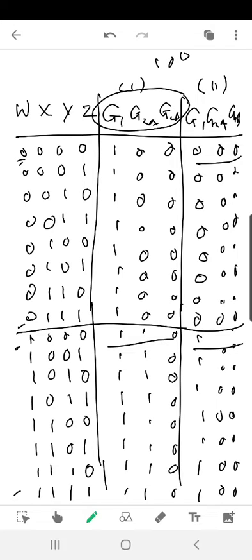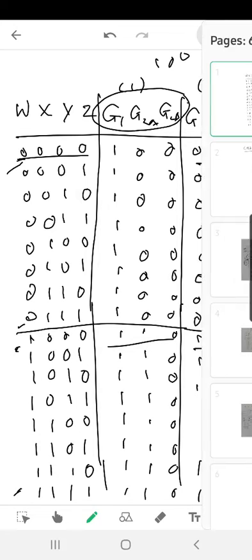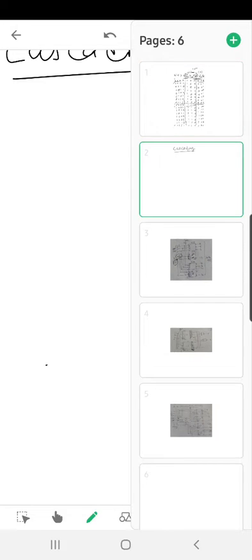If it is clear, now let's talk about outputs. This 0000 represents 0. That means we will get output. To draw the output, I need to clear this part of the table, and we have already understood it. Let me repeat it again: when the value of WXYZ is from 0000 to 0111, only decoder 1 will work, and when the inputs are 1000 to 1111, only decoder 2 will work. So depending upon the value of WXYZ, we will draw our output.